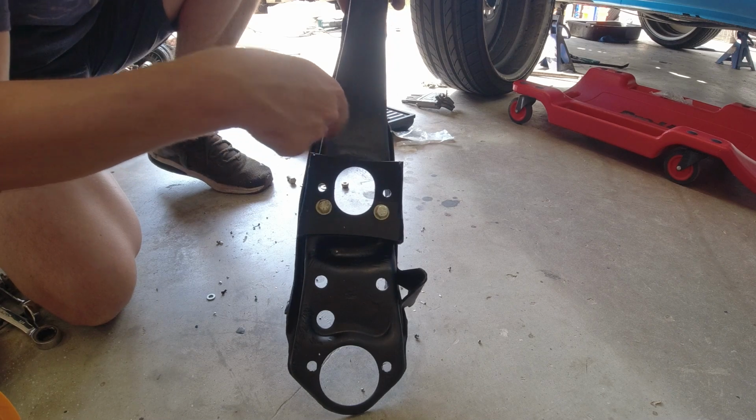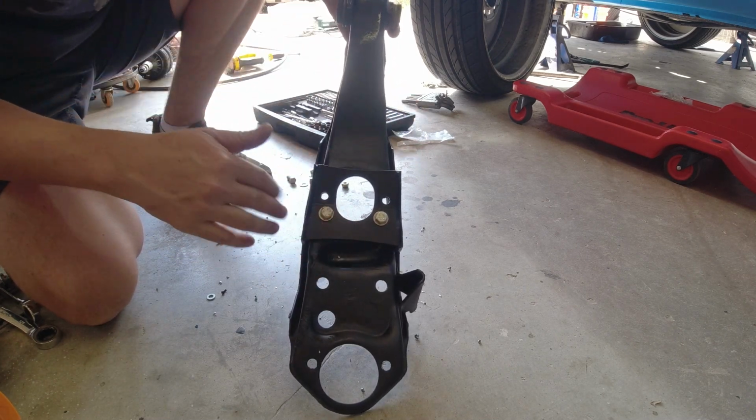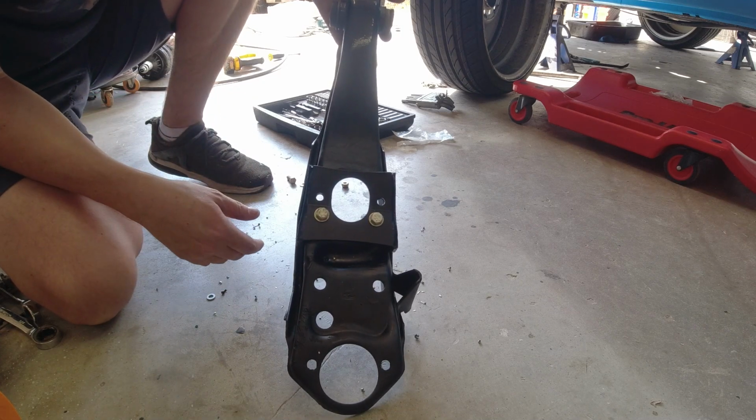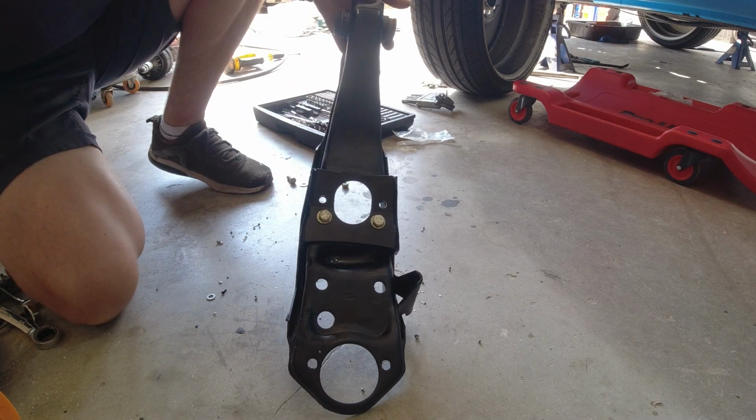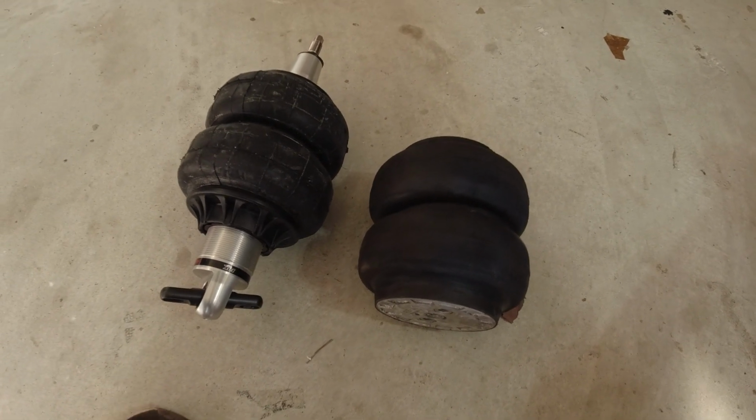Alright, so hopefully you guys can see the two holes we have here. And now we get to put it back in the car, reattach everything, and then we can put the new strut in. Well, before I put it in the car, I wanted to show you guys the difference between the